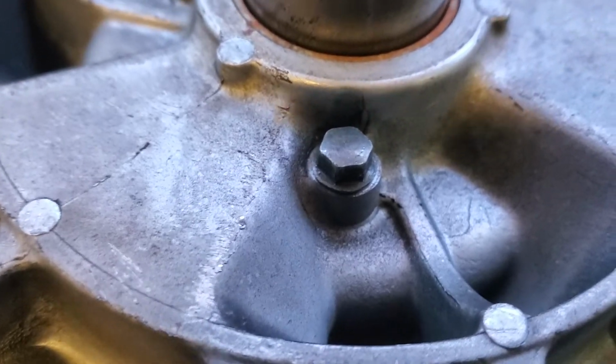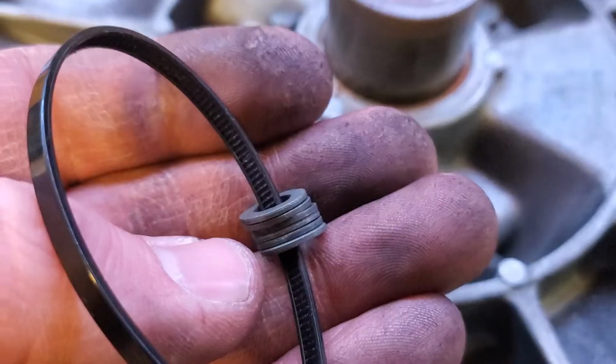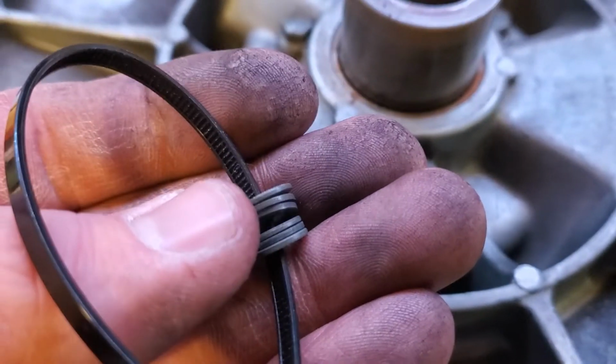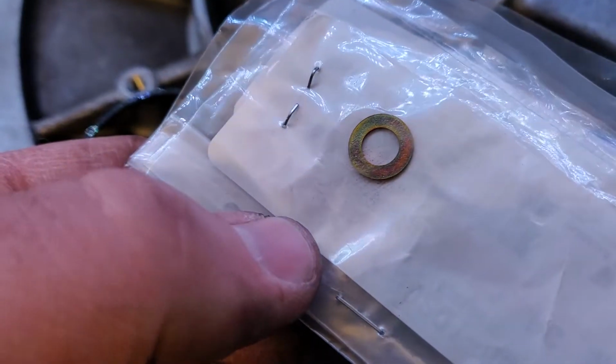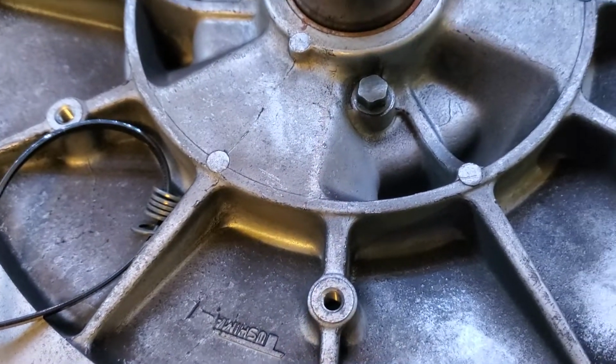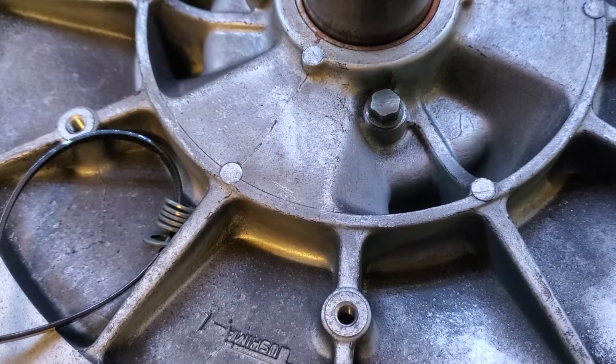So under normal circumstances, you would use these little washers right here. These particular ones I think are 1 millimeter thick. These are the thick ones. And then new in the package here I have a 0.5 millimeter thick one. So if you had a really worn out belt, you could have the millimeter one, or I guess you could probably have a stack of them